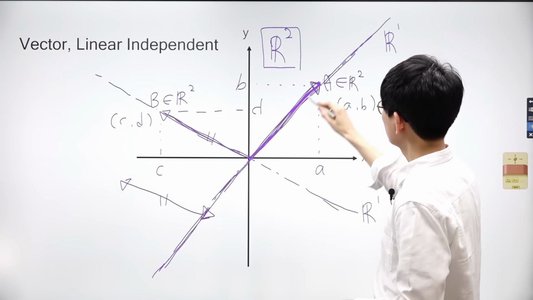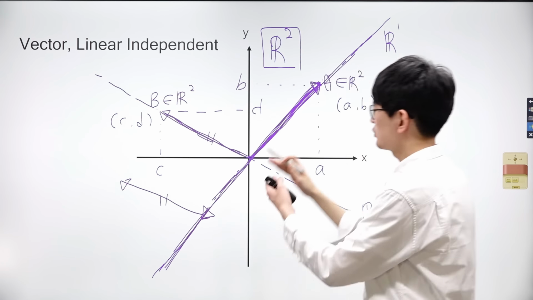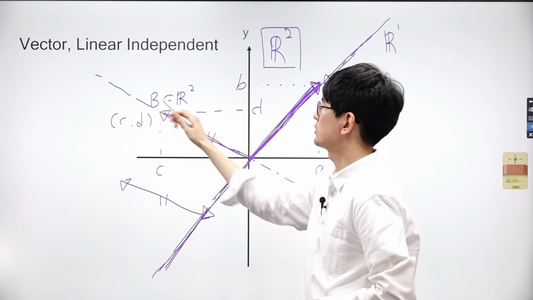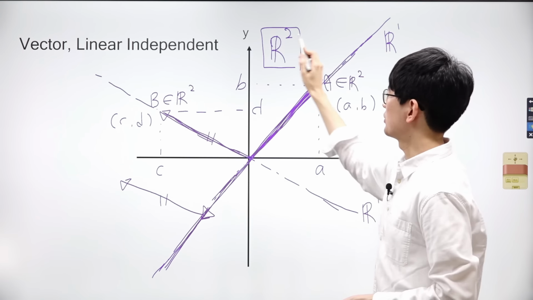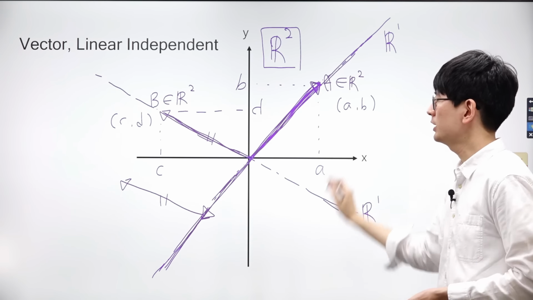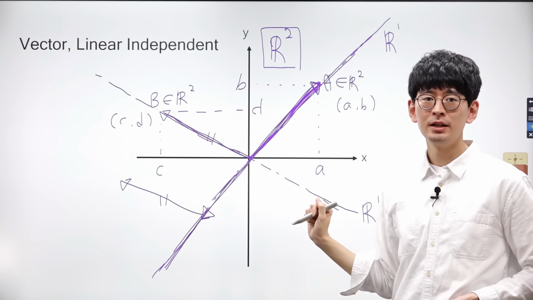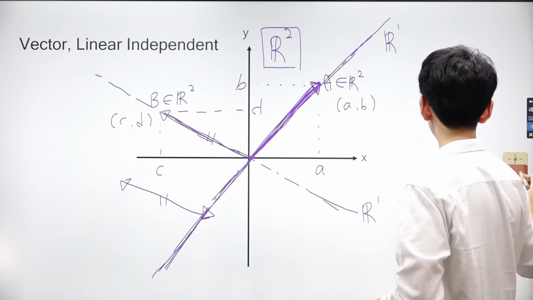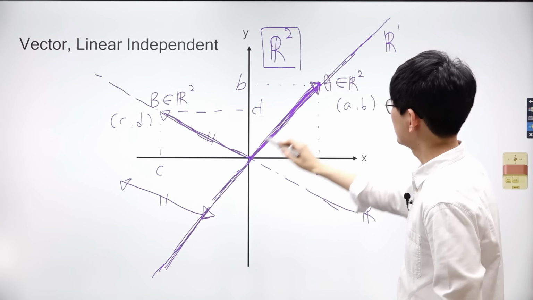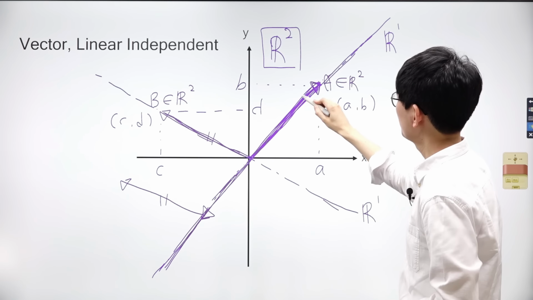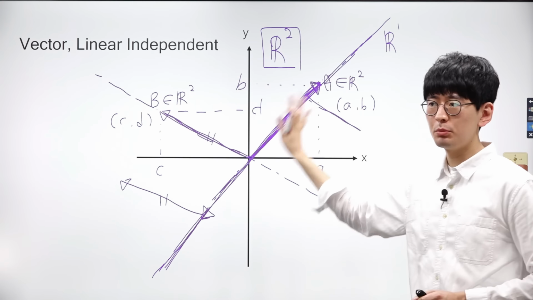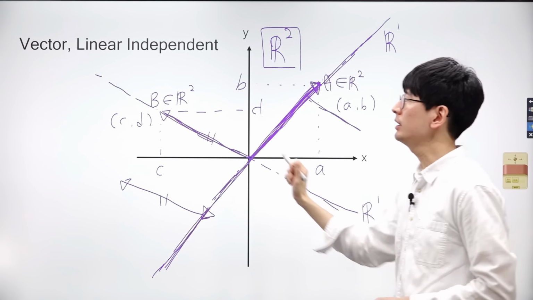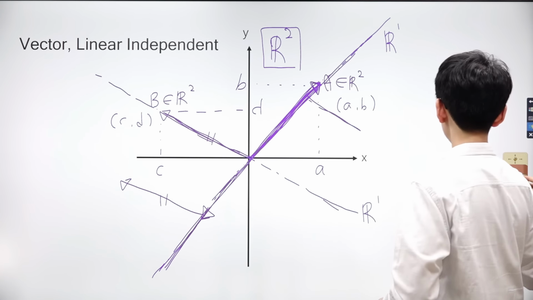Can you reach any point on the plane just by moving along these two lines? Put differently, can we find a path to any point on the plane by only following the direction of these two lines? This scenario provides an easy way to understand linear independence. It's about figuring out if we can reach any given point on the plane by solely moving in the directions of these two lines.